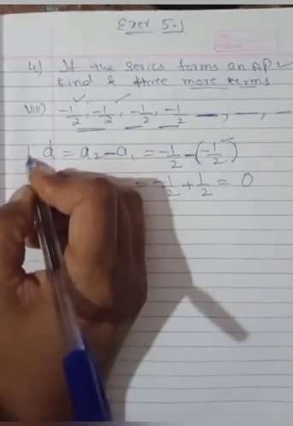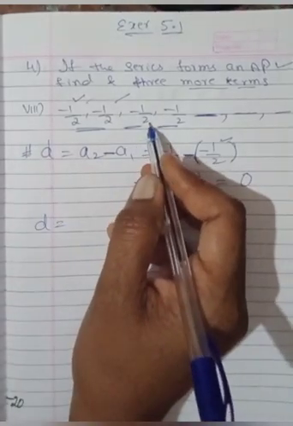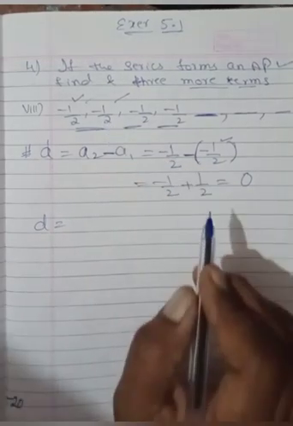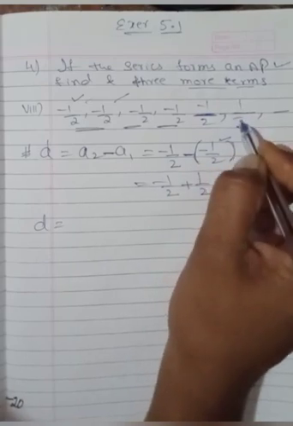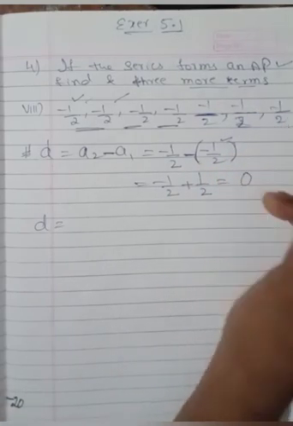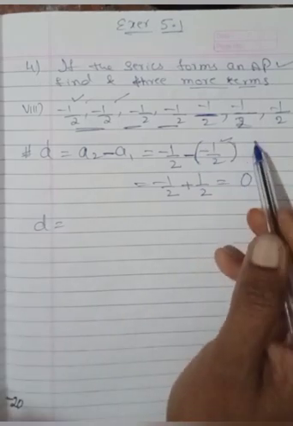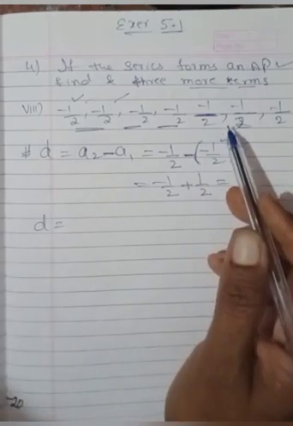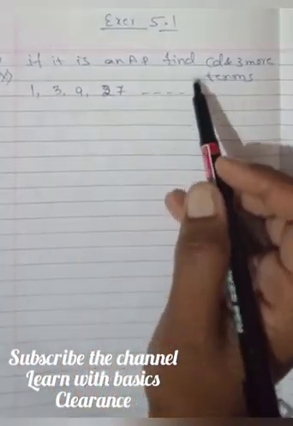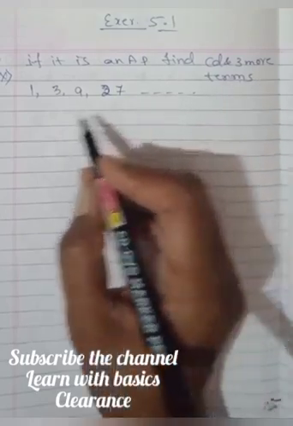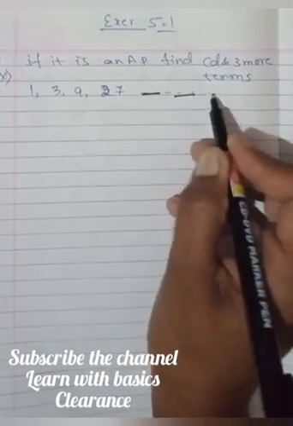The same way this is first difference. The second difference, it is also same thing. Not necessarily writing that one. It is subtract this one from this one. It is also same. So because of that one, if you write this one, you are getting the same difference. This is an AP. Next three terms directly you can write, because you are adding 0 to the previous term. You get the same. If it is an AP, this series forms an AP. In that case, find the common difference and three more terms, means you are given the terms, and if it forms an AP, in that case you are finding 1, 2, 3 more terms.